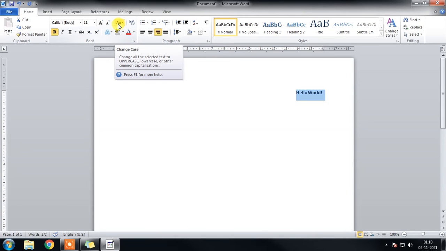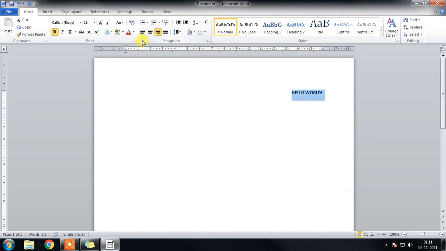We have a letter or a graphic symbol with an attached down arrow. When you click on this, it will not be applied directly. A list of commands will appear. From that list, we have to choose one command so that it will affect the piece of text.